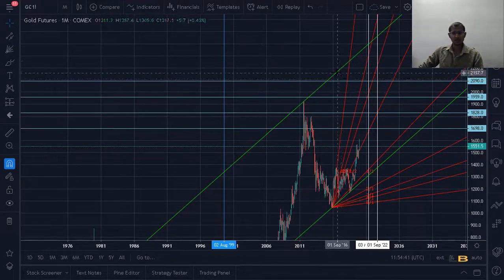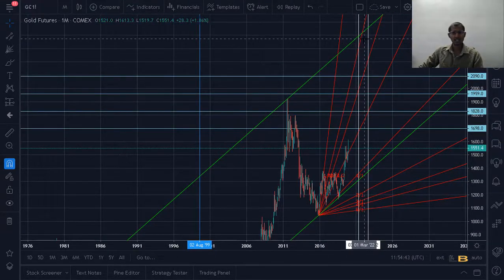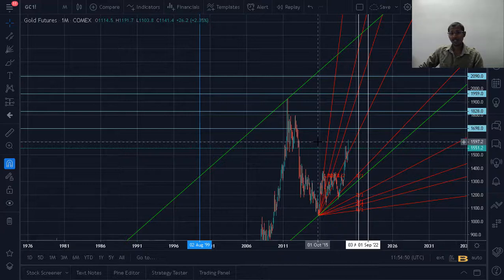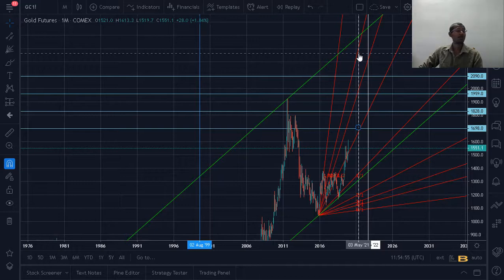This is purely based upon the Elliott way of teaching, and here you can see two white lines, which are the 65th candle from the start of this trend, which is 1045, and this one being the 81st. These are the two important candles for achieving the target, because they usually provide turning points